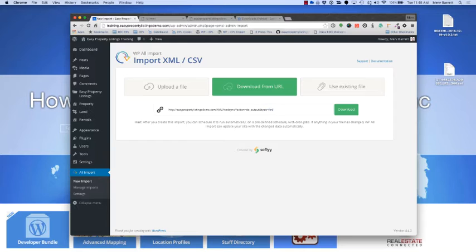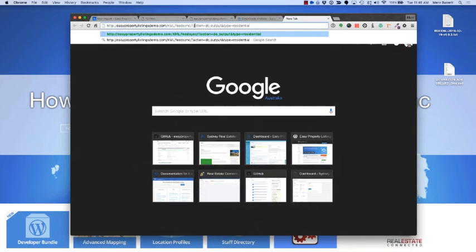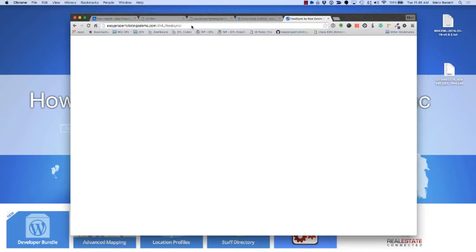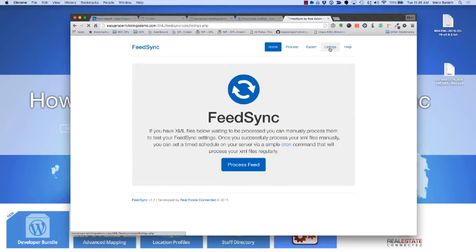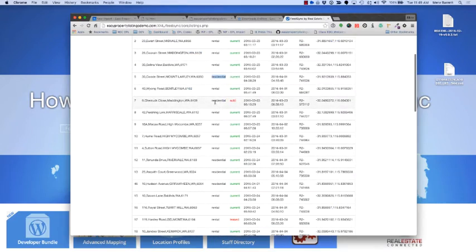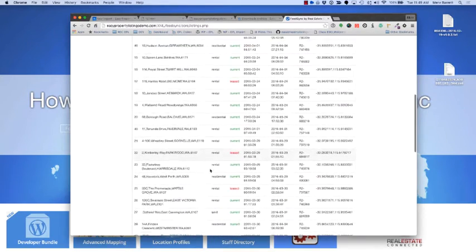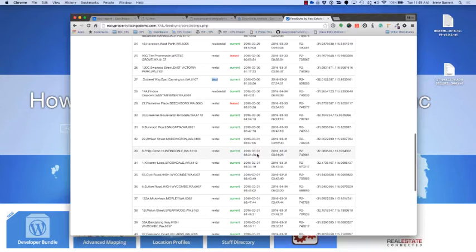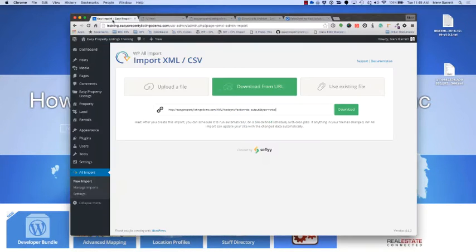in rental. And you can determine that if you visit your FeedSync installation, which I'll just do here in another browser, and if you click on the listings tab, you'll see there's a column called type, so you've got rentals, we've got residential, some are sold and current, and we might have a couple of land. There's a land listing there which you can import. So let's carry on. We'll choose rental and press download,